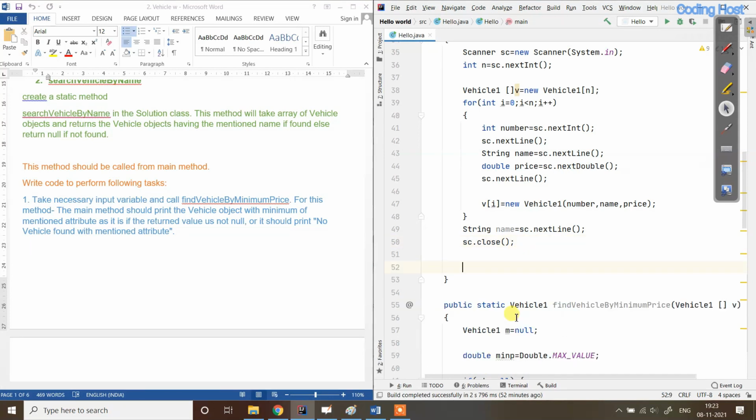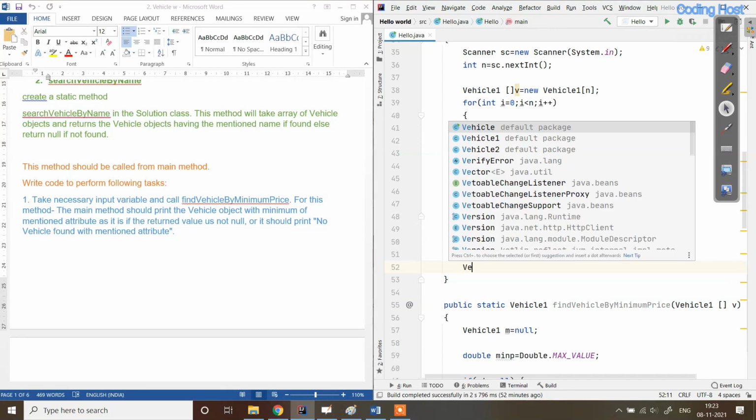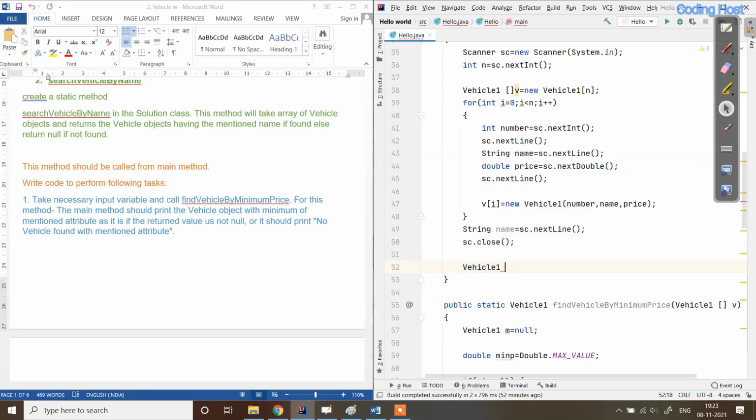So we know that both of these static methods are returning objects, so we have to store this object. I will take a vehicle result variable, so I will name it r1, equal to findVehicleByMinimumPrice, and in this I will pass the object array v.